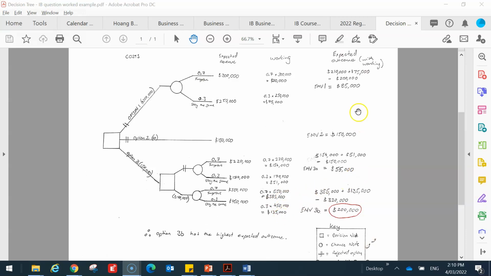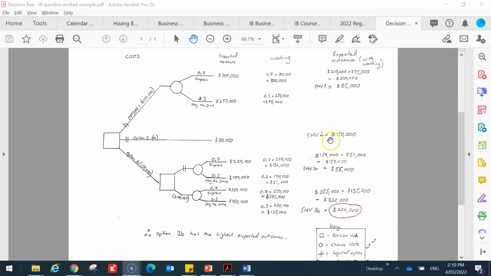So our last part, we can see our expected outcomes. What have I done here? Okay, in very simple terms, I will show you. So when we are calculating our expected outcome for this particular option, we need to add these two together. Okay, so 210 plus our 75,000, right? And then we take away. We must take away, this is often forgotten by students, our initial cost of option 1, our predicted cost for option 1, right? So what that will leave us with is our expected monetary value or our expected outcome of $85,000,